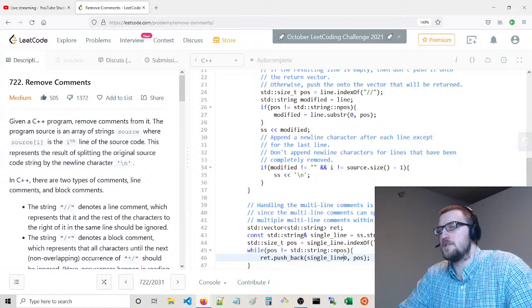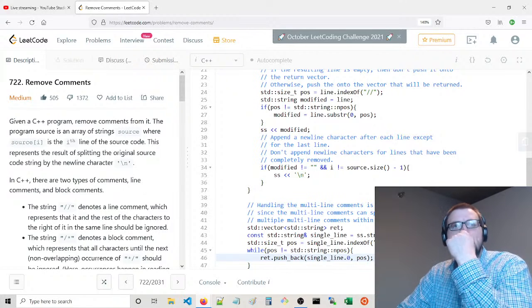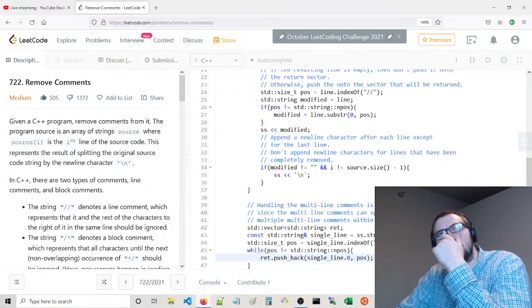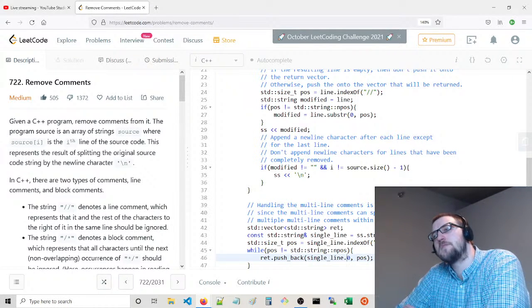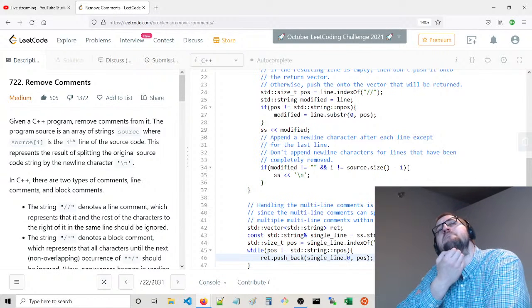But actually, now the tricky thing is, I guess creating that substring is fine, the problem is that I don't want to, that is actually not the way I want to do it.